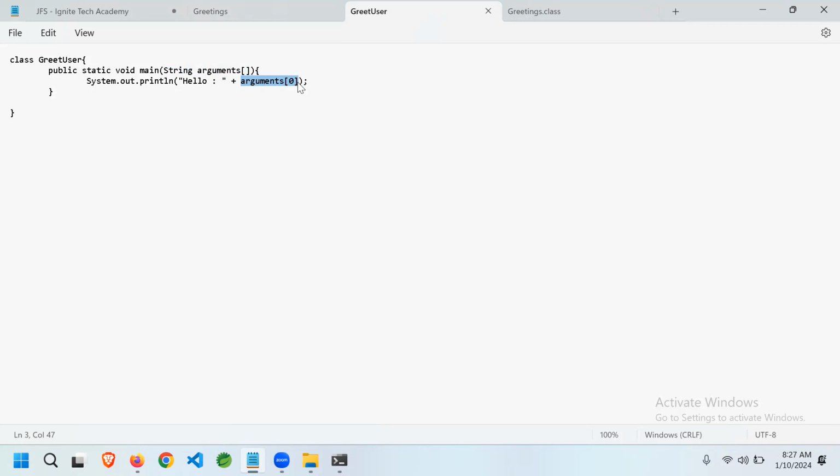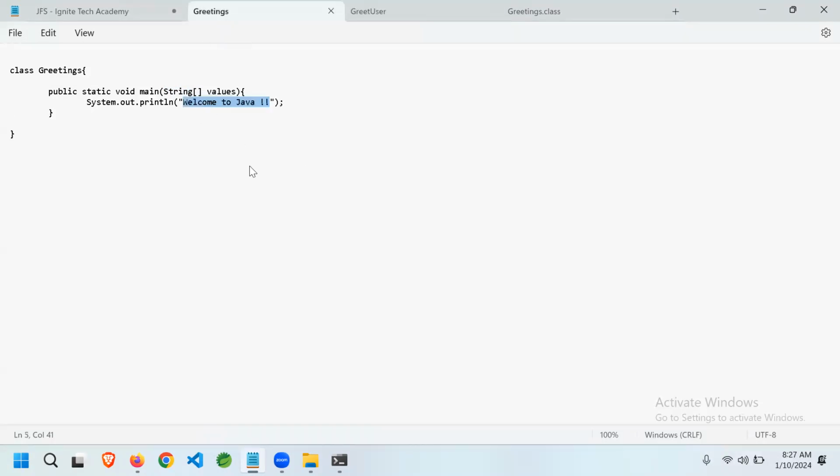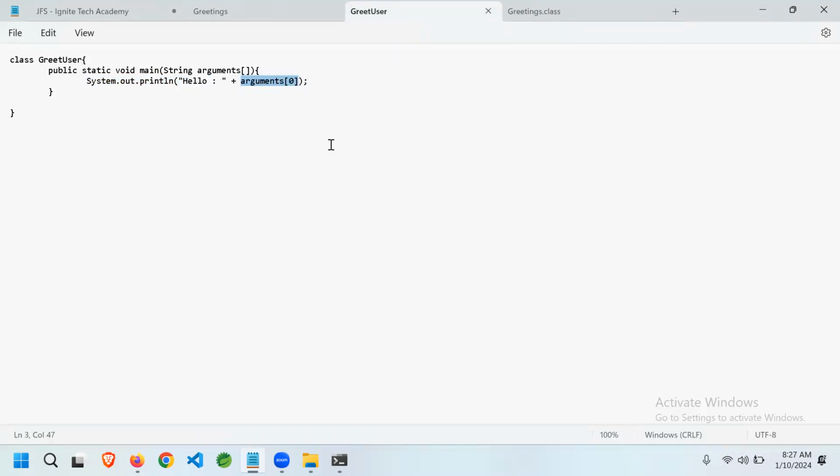Yes, absolutely. See, what happens is, in our first program, greetings, we are just printing the value welcome to Java. You execute this 1,000 times, you will get only this output. Right? Now, what we want to do is give dynamism to our program where it can take an input from the user. Who is the user? We are the one. For that reason, you can pass the values to the program using string arguments. It is a default syntax. Wherever you see a Java program,